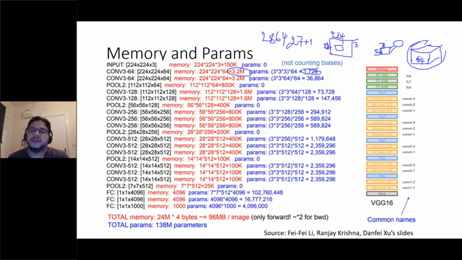So it will be 224 by 224, but it will have more channels, 64. It's 224 by 224 by 64. This is the output of this first layer. Are you happy, Amal? Yeah. So this is just the output.